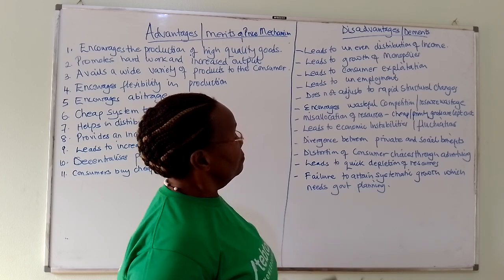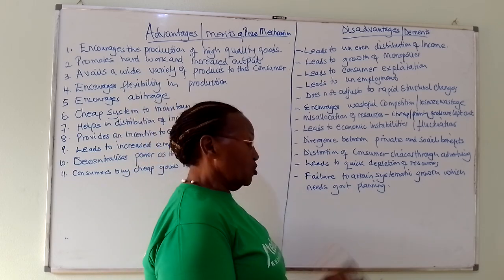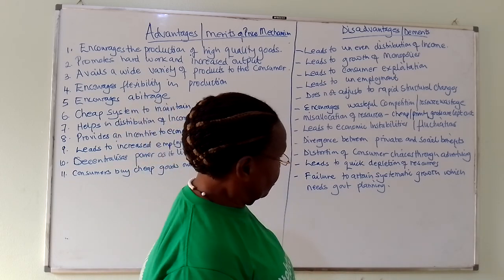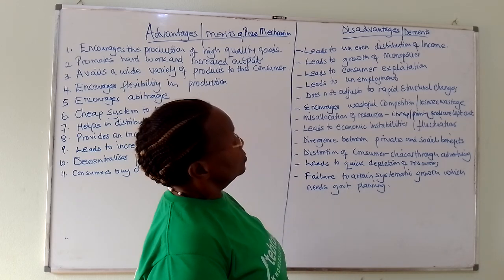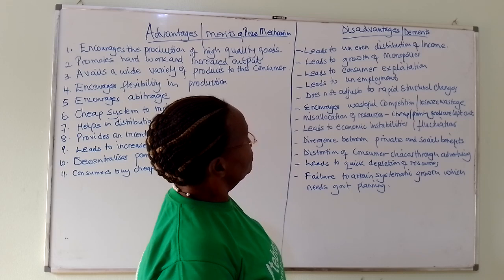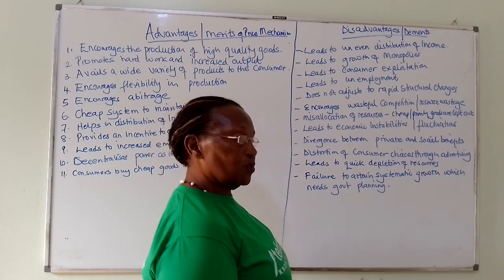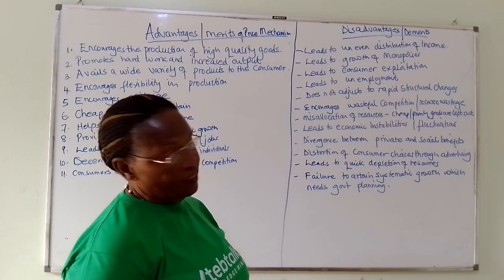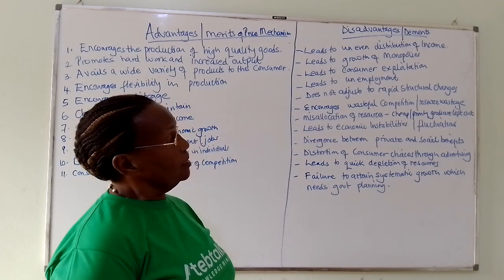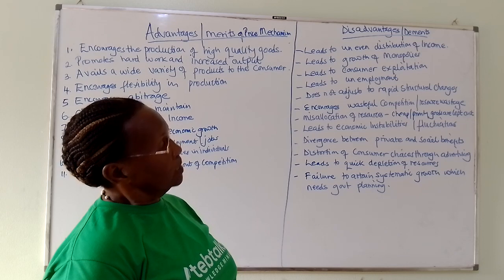You might find that people are just interested in producing and selling at a higher price regardless of the quality, as government is not interfering. So that becomes a disadvantage on the side of the consumer. Not only that, but usually they are confronted with artificial shortages so that they are able to sell at higher